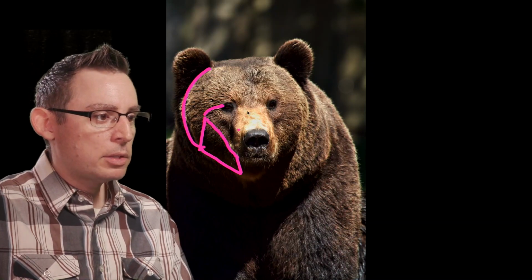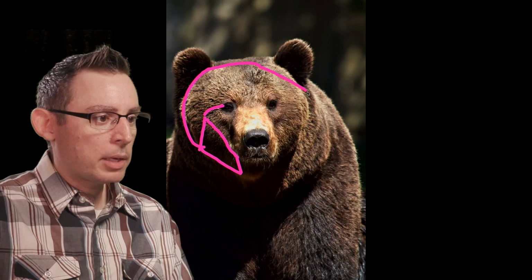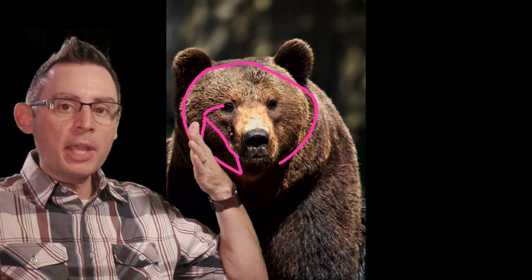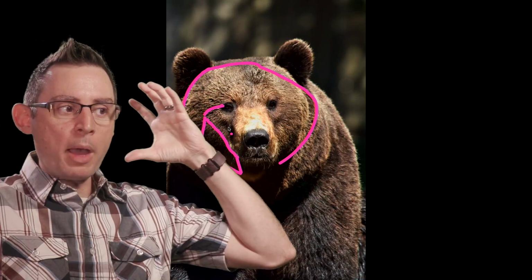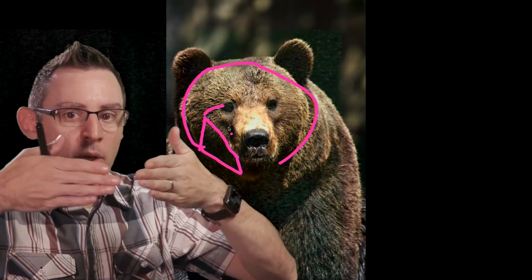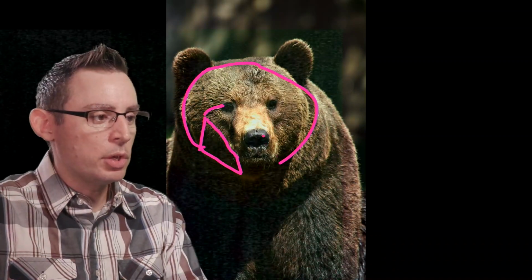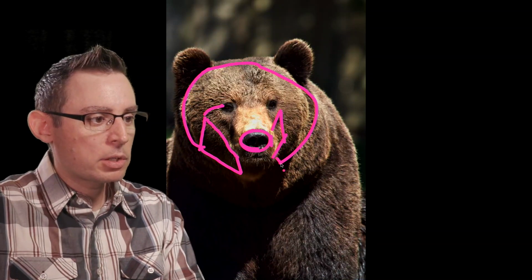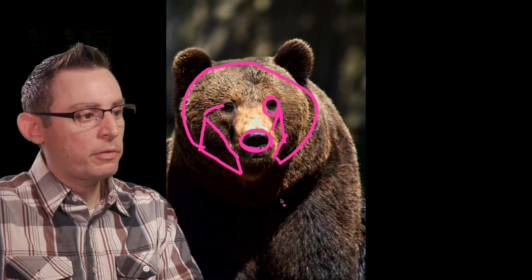We want to be able to understand the start and stop point of that jaw in relationship with its eyeball. We can also see that the head itself is much bigger in the back, makes sense, than it is on the front. So there's going to be a natural tapering. Big back by the ears, and it's going to taper and get smaller as it goes towards the nose itself. Some important planes to think about as we start to figure out the details of all of our facial anatomy.